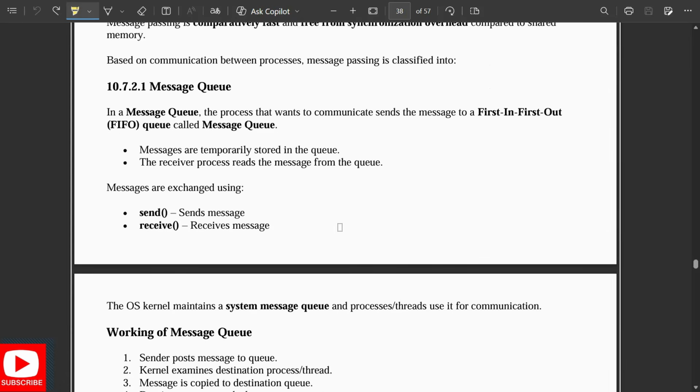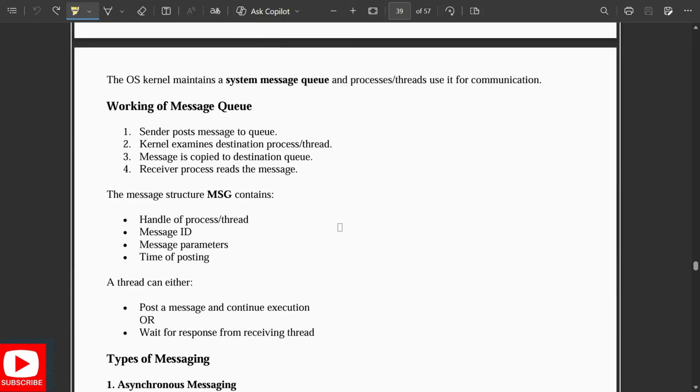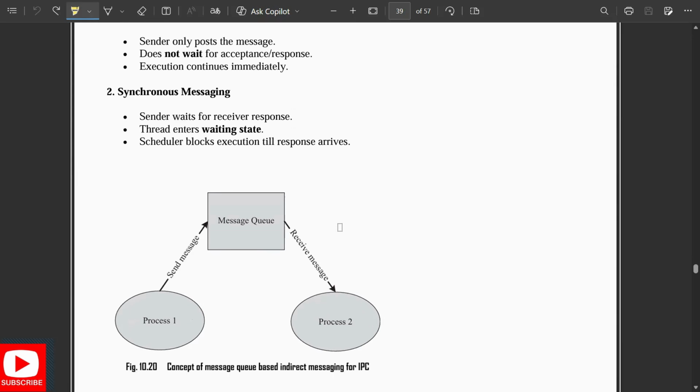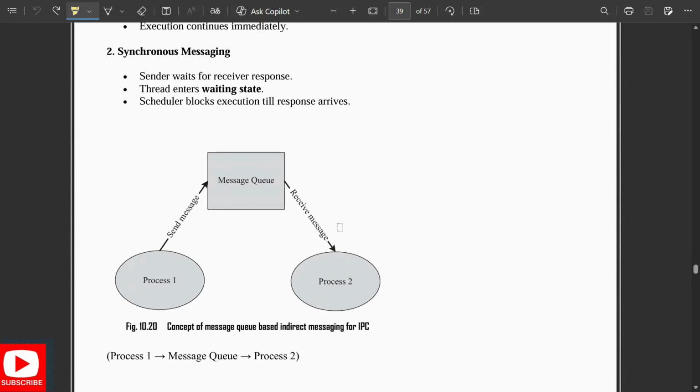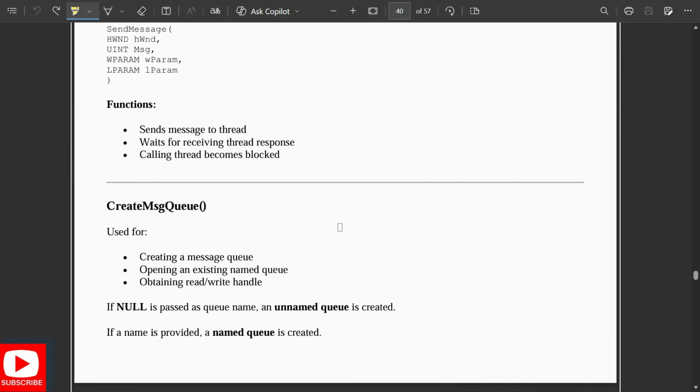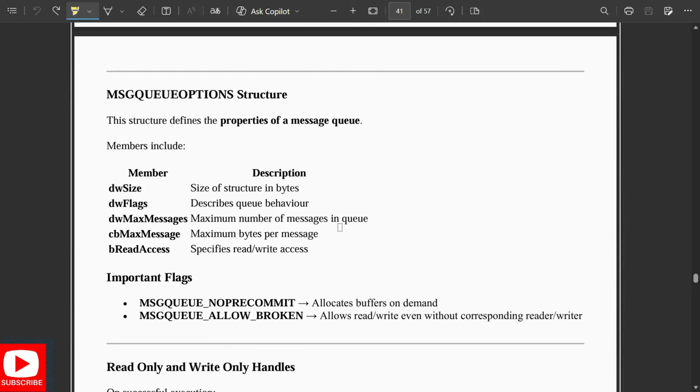In a message queue, a process that wants to communicate sends its message to a first-in-first-out queue. It's called a message queue, and its working is given here. The types are synchronous messaging and asynchronous messaging. Process 1 sends a message to the message queue, then the message is received by process 2. So this was all about that, and next we will move on to